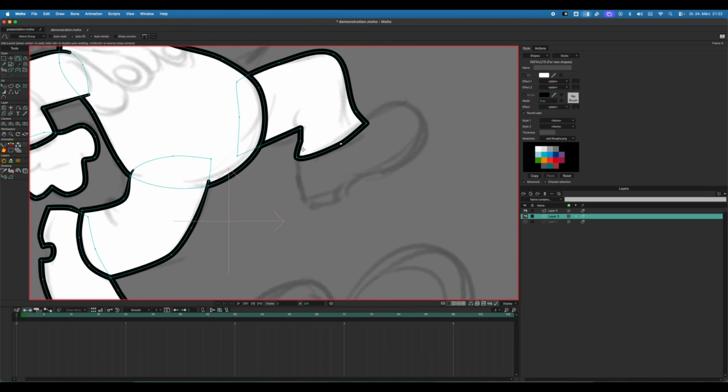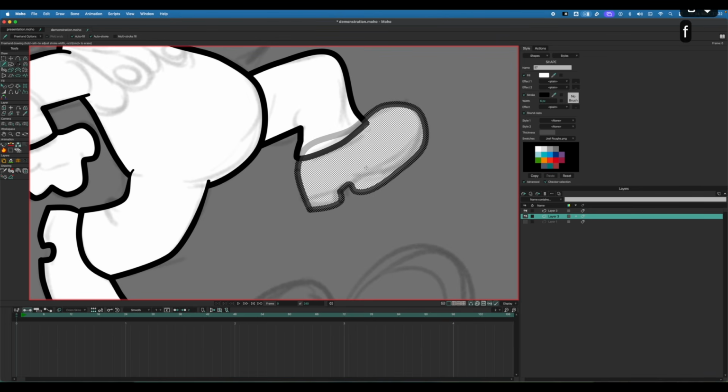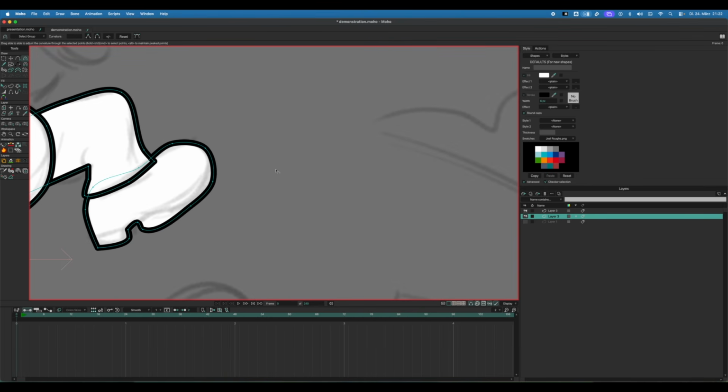And you see, it's also no big deal if you don't get the order of the shape right from the beginning. So don't worry about that too much. Nobody gets that right from the start. So there we go. Okay, you see that shoe? And that's the cool thing. The cool thing about Moho is, if I can maybe for once advocate,